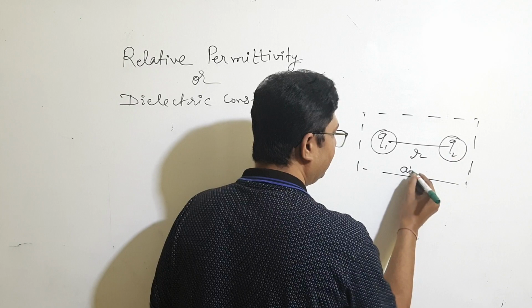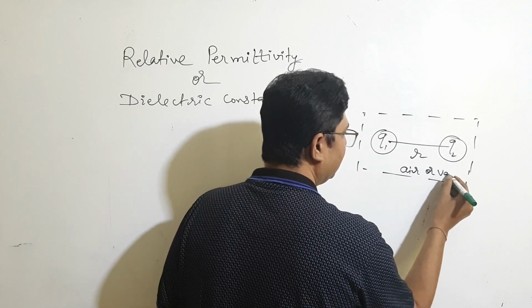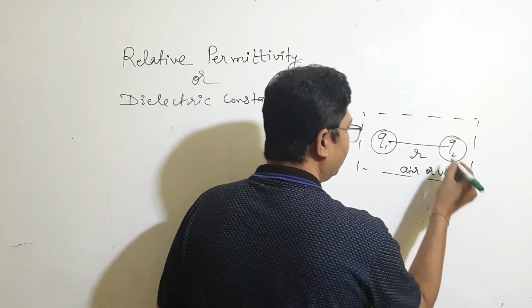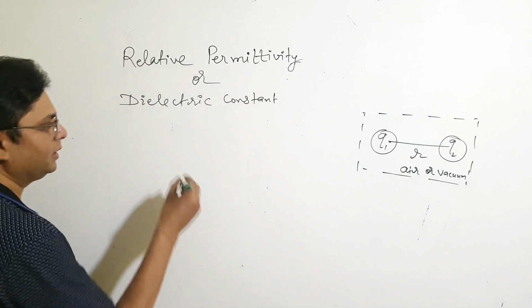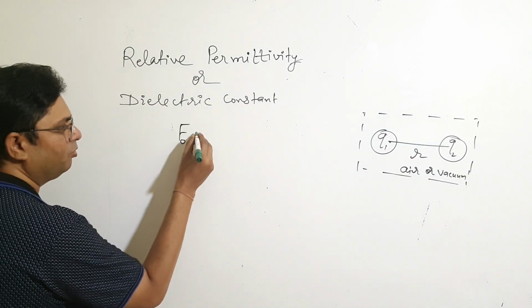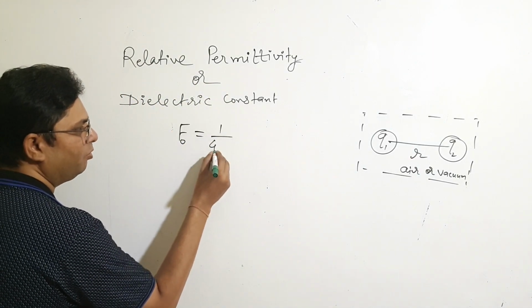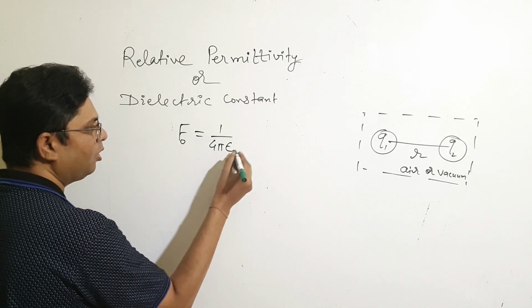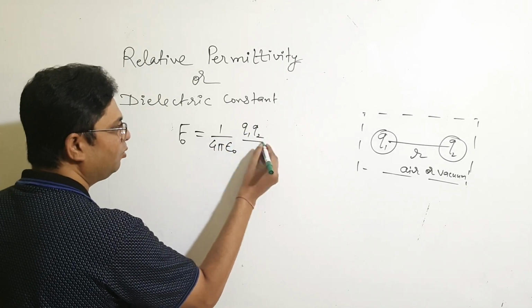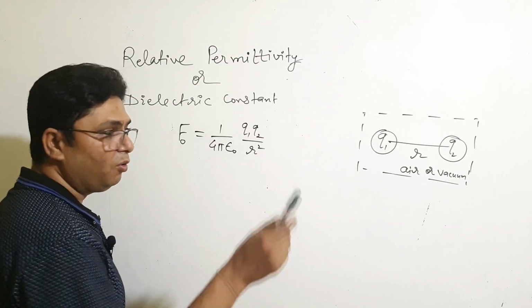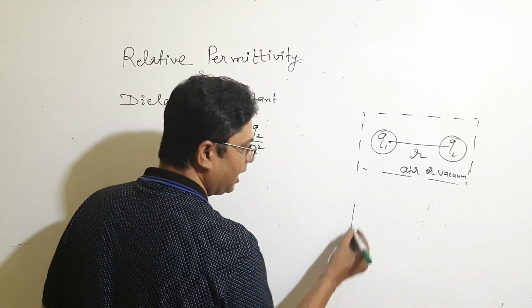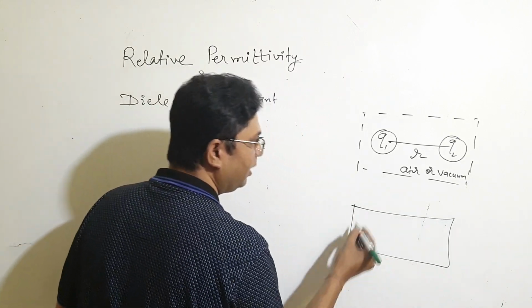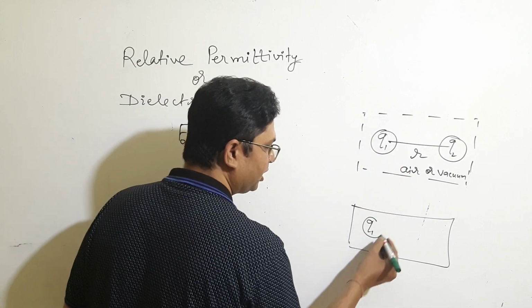Then the force between these two charges is F naught equals 1 by 4 pi epsilon naught Q1 Q2 upon r square. When the same charges are kept in another medium having same separation